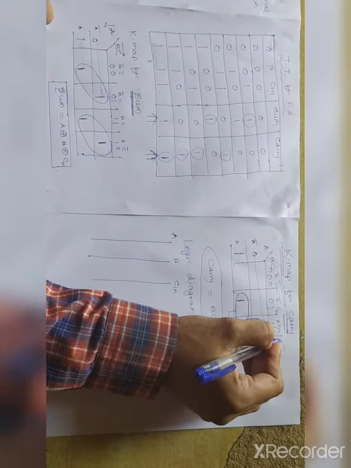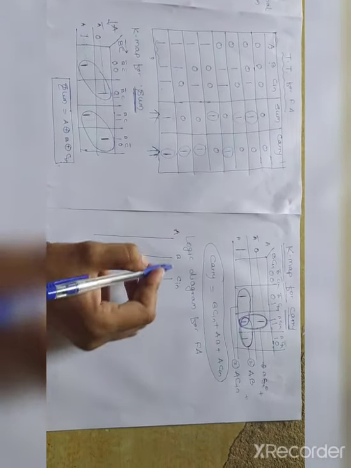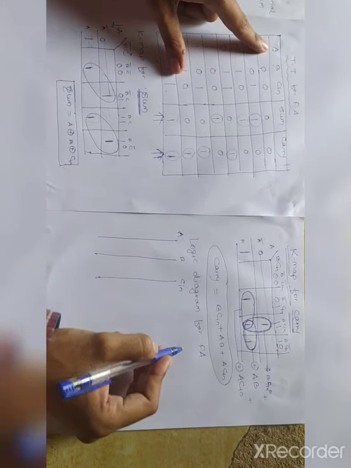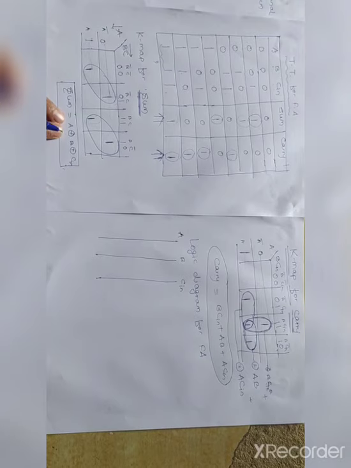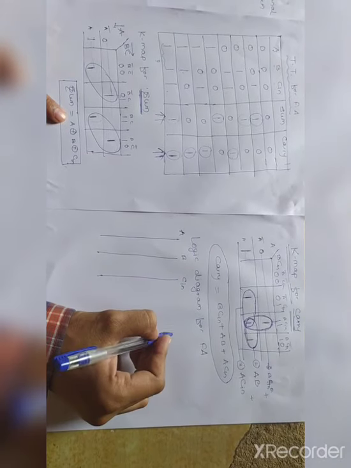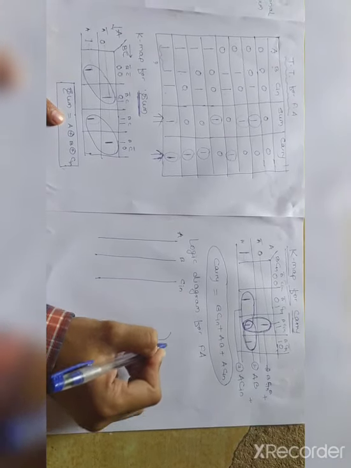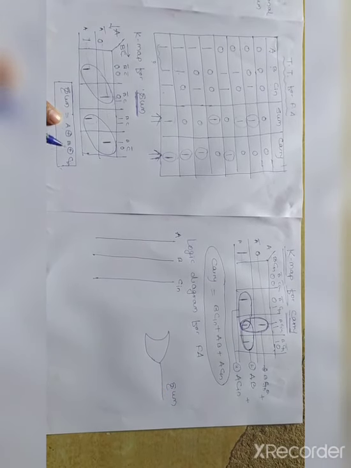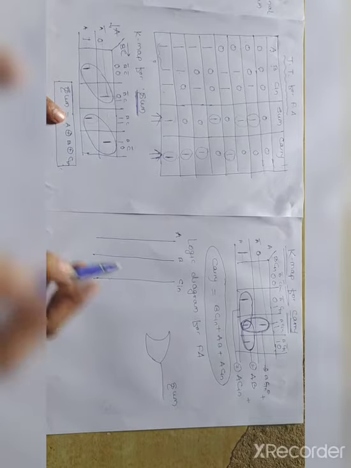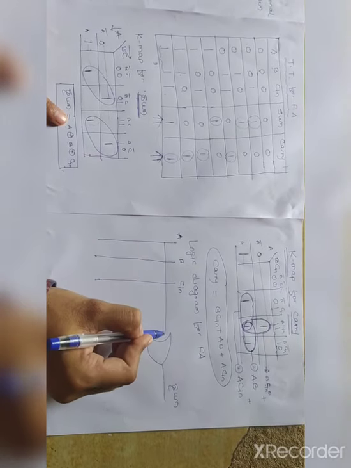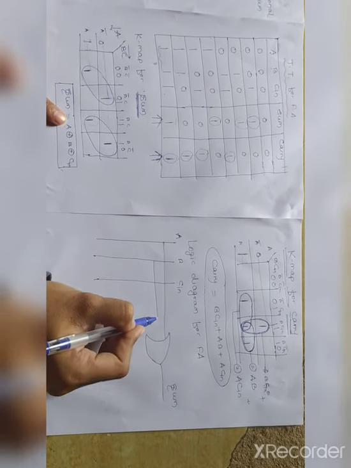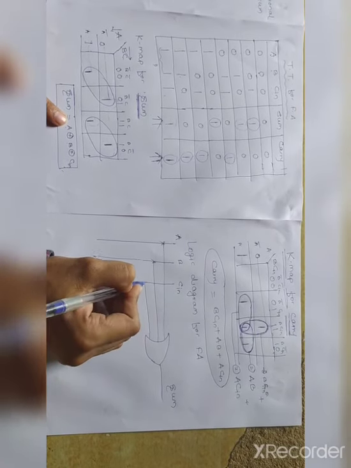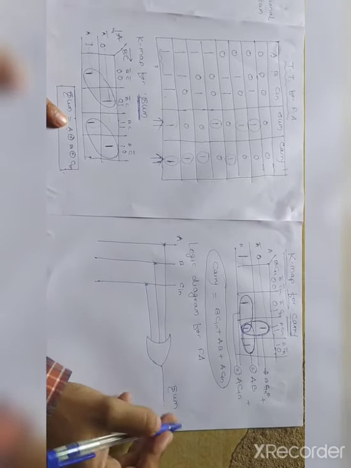These are my inputs, A, B and C in. And the outputs are sum and carry. This is my simple XOR gate for A, B and C. I'm just drawing the logical diagram. This is my sum, and the inputs of the sum are A, B and C. Here is my one input A. Another input is B. Here is my C in. This one is my third input. This one is for the sum.